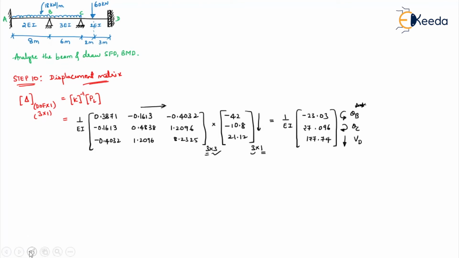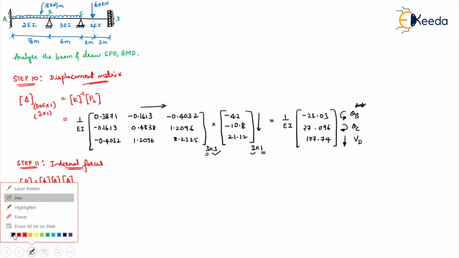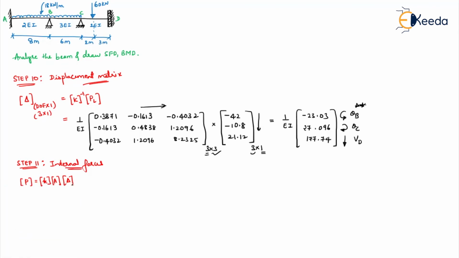So once we get your displacement, what is the next thing? You have to find the internal forces. So step 11 is to find the internal forces. How will you do this? Capital P is equal to your K into A, already we know this, into delta. So if you do K into A into delta, you get your capital P. So K into A value right here,